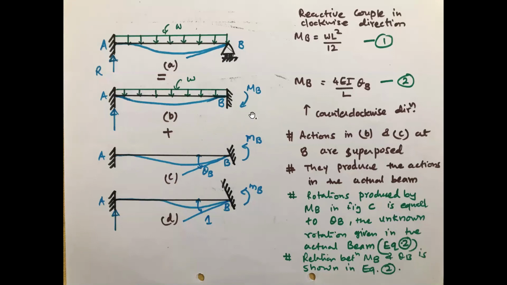But what we are doing: in the original structure, there is rotation, there are no fixed moments. Rotation is not zero here. We apply an equal and opposite moment. And you can see the difference in diagram C. We have removed the external load, because the external load is already considered here in figure B. We have already included it, so in the next diagram we have removed it.